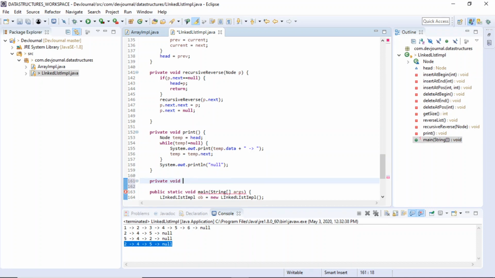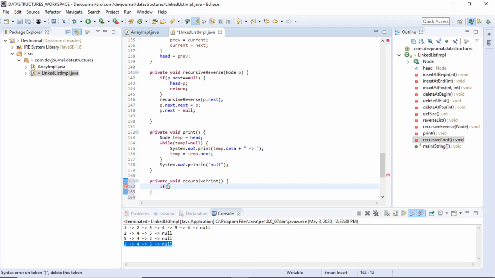Private void recursivePrint. We would have to add an argument here, Node p, suppose.